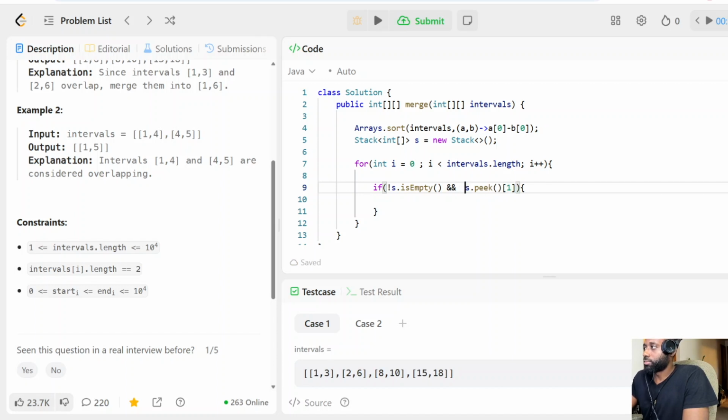Does this current interval, intervals of i, we check the start time. Did it start before the previous one ended, the one that's in our data structure already? If that's the case, then that's an overlap right there. So what we're going to do is simply modify the end time to be the biggest out of